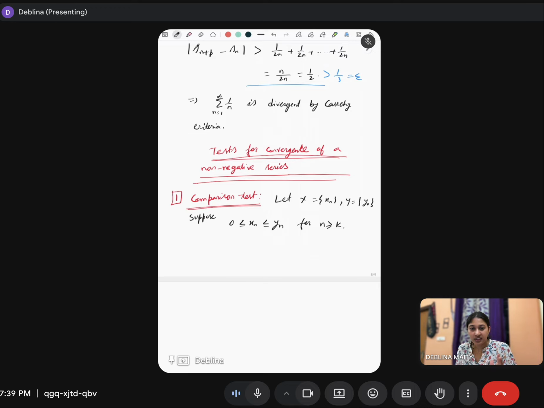So there are two sequences and they follow this rule, that 0 ≤ xn ≤ yn, right? Then